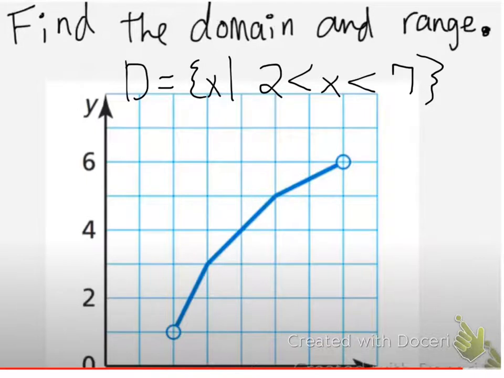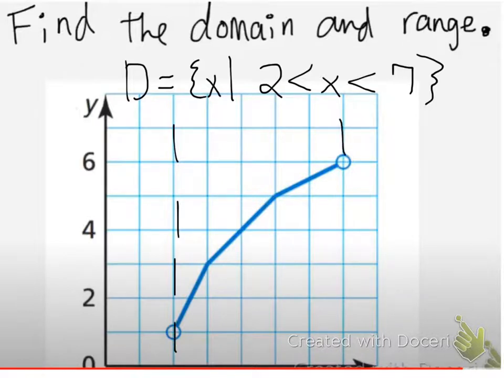Does everyone agree with that for the domain? Or is there any disagreements? I agree with that. It's all the values that are between 2 and 7. Because remember, we're looking horizontally. Farthest left it goes is 2. Farthest right it goes is 7. 2 and 7 are not included